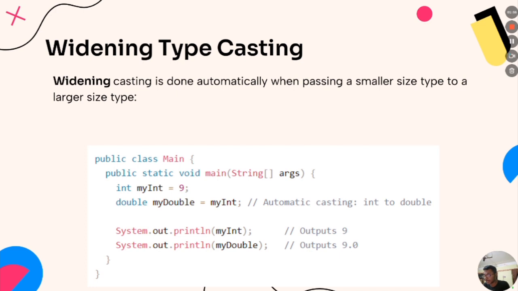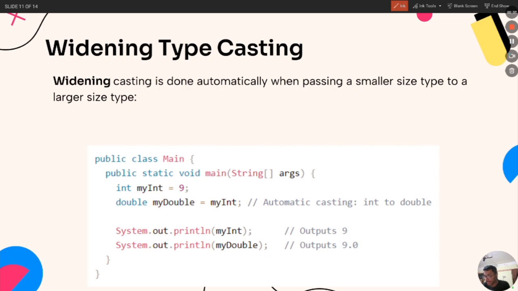Now let's check out this example program. We have our int data type here. We have assigned the value of my int equal to 9. So this 9 is in the form of integer. When we come down to the next line, we have a double data type. We have assigned a variable named my double equal to my int. So this my double variable is assigned with the variable my int, which is equal to 9. In the sense, this value 9 will be passed to the variable my double. So when we print,